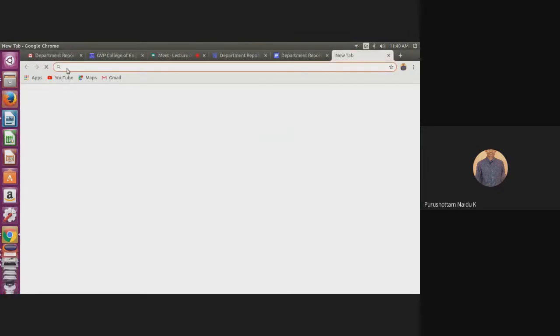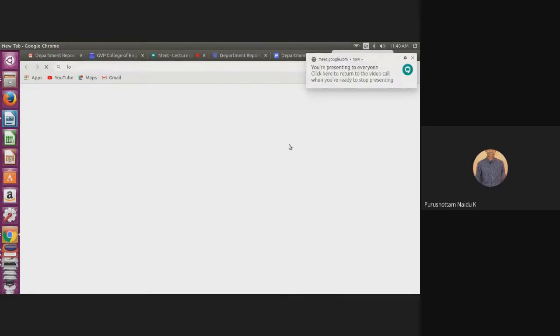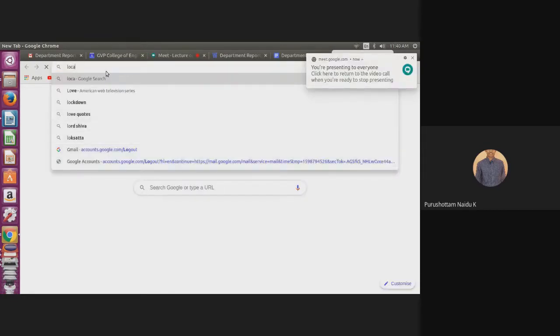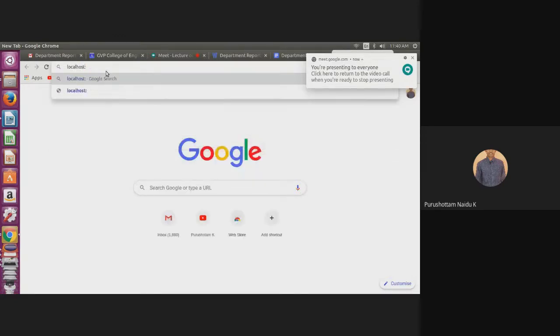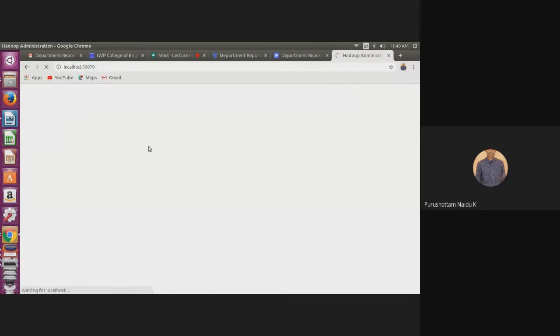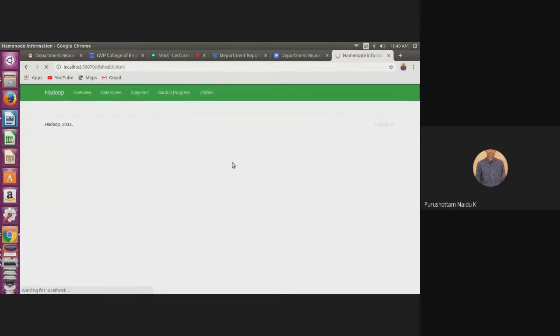Here you have to give the URL, localhost colon 50070, where 50070 is the port number. Enter that, and it displays the Hadoop administration page.